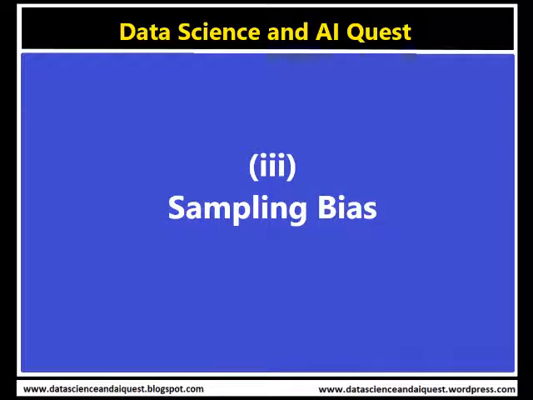The next type of error is the sampling bias. Sampling bias is a non-sampling error in which the sampling plan is such that some members of the target population could not possibly get included in the sample, because of which the requisite or the appropriate sample could not get selected, and as such analysis from the sample may not produce any appropriate estimates from the result.